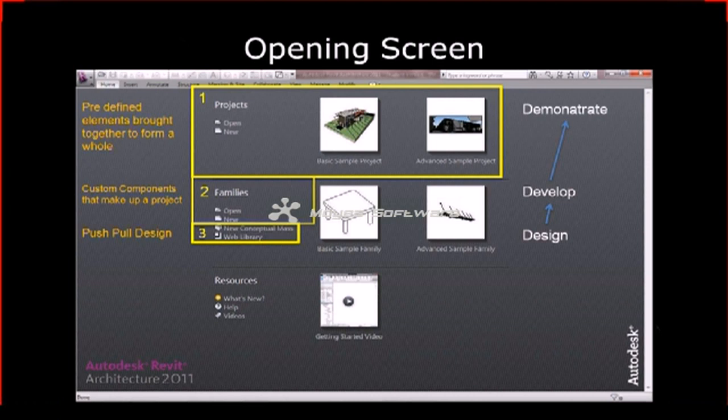And then you have this third one, which is the new conceptual mass, which is technically called a family as far as the program is concerned. But that is your design phase, which has your push-pull action, similar to SketchUp, but a little more detailed, and it has a lot crazier forms than I think you could create in SketchUp. But it's also less intuitive than SketchUp, though it gives you more options to create more dynamic forms when you fully